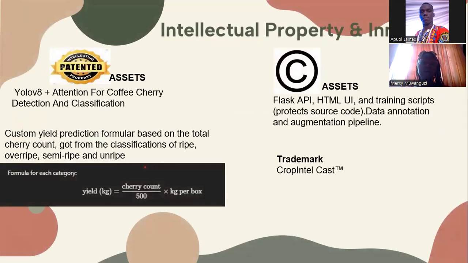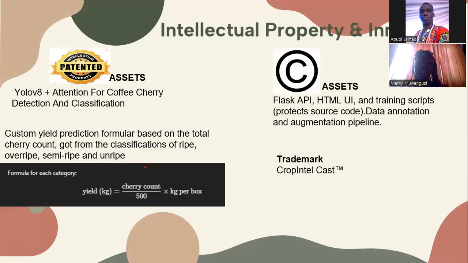Our product presents a novel idea of attention-based modeling with YOLOv8 and CNN, and it also uses a novel formula. Some of the copyrighted assets we use include the Flask API, HTML, the UI, and the UI design, and we hope our trademark Cropintel Cast TM can